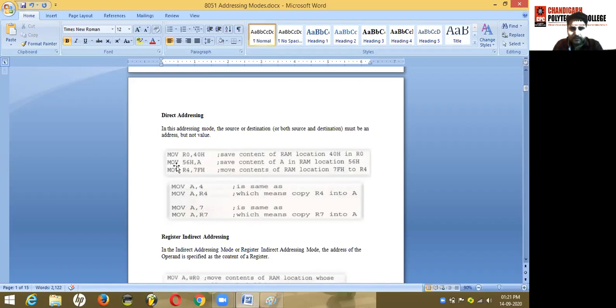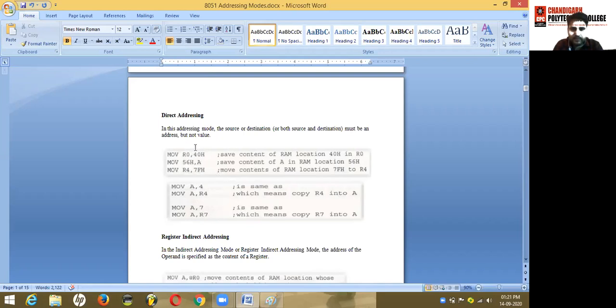Another example of the direct addressing mode shows MOV 56H, A. You are going to transfer the contents of the accumulator into RAM location 56H. Also, MOV R4, 7FH shows you are going to move the contents of RAM location 7FH to register R4.